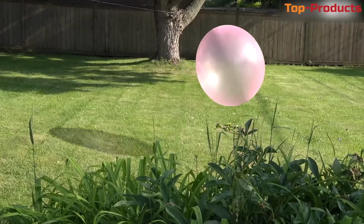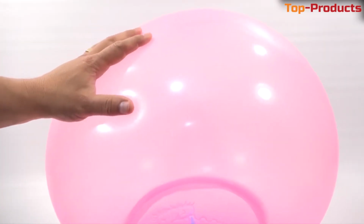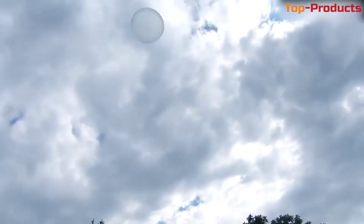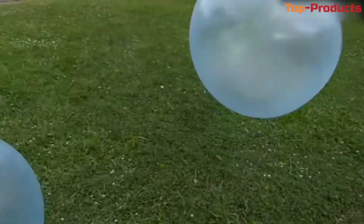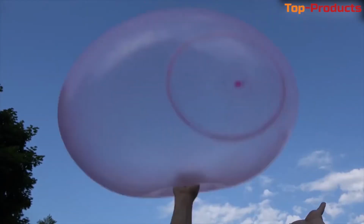This ball looks like chewing gum, moves like chewing gum, but is not intended to be chewed. It's sad. It is very similar to a large transparent soap bubble. Although you can't chew it, you can kick it and it won't burst. It can be thrown, kicked, rolled, and if you want to rest, you can sit on it or lie down. But it is necessary to store the ball in a deflated state. It is necessary to bleed air gradually, squeezing the ball slightly. After the air is completely out, the ball must be folded, then put on the far shelf and forgotten